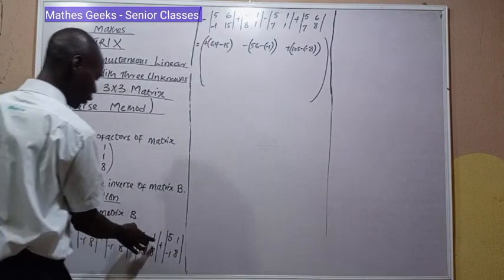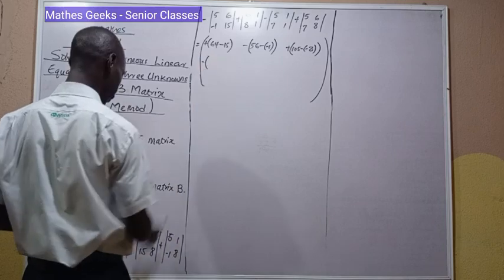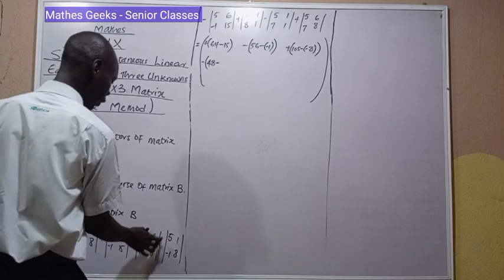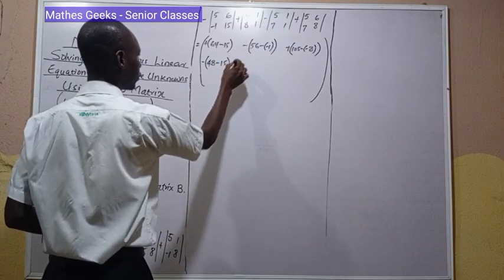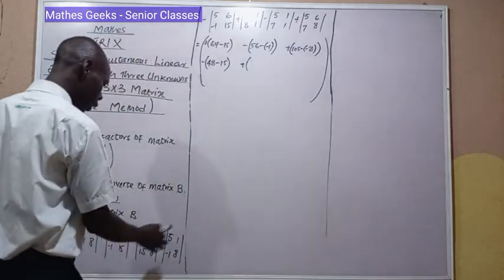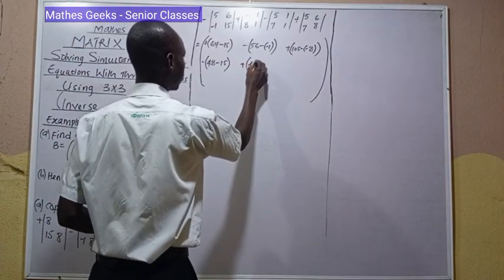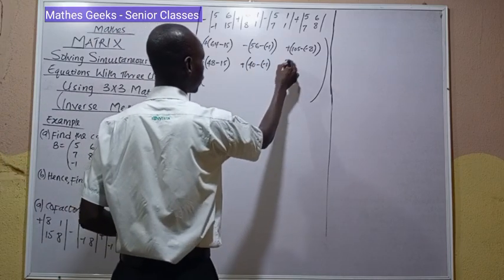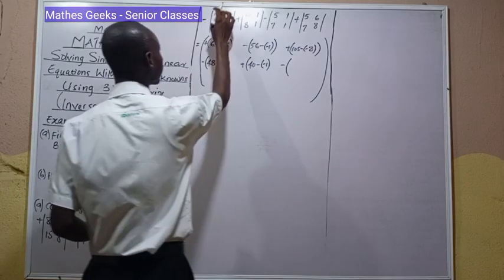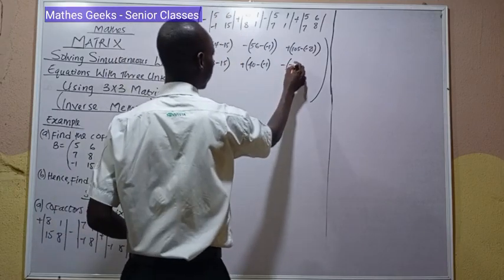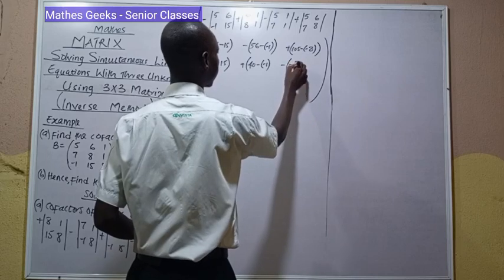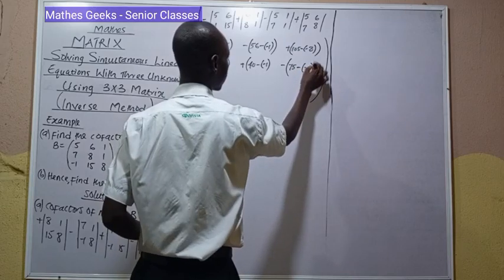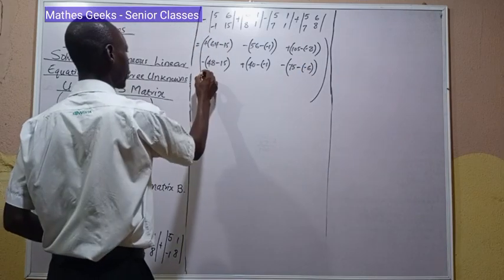So minus here. 6 times 8 is 48. Minus 1 times 15 is 15. Plus 5 times 8 is 40. Minus 1 times minus 1 is minus 1. Minus 5 times 15 is 75. Minus 6 times minus 1 is minus 6. And plus